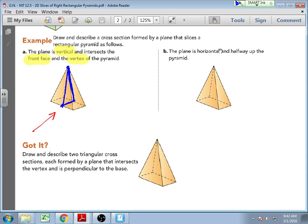So we would get what kind of shape there? A triangle. A right triangle, wouldn't it? No, it looks weird. It would be isosceles. Yeah. When we are working with right,